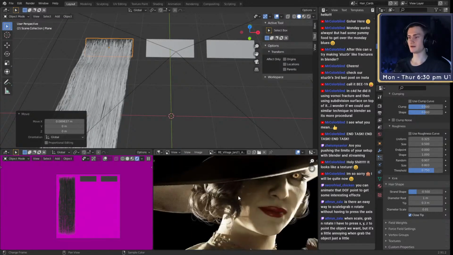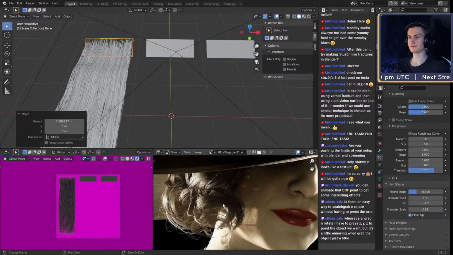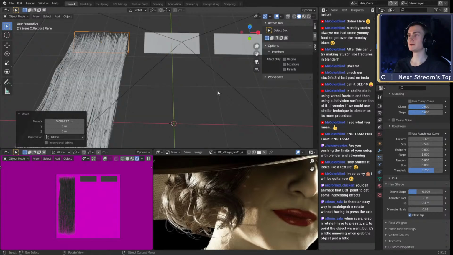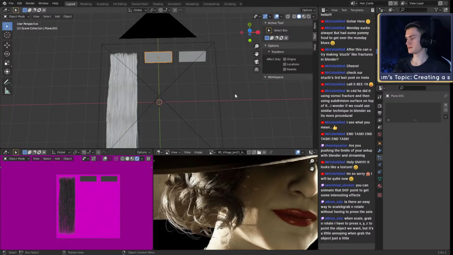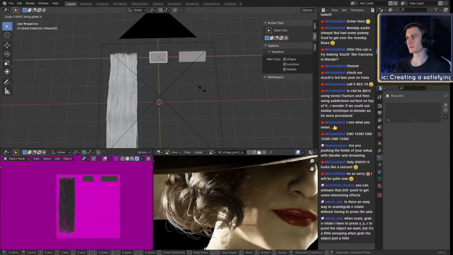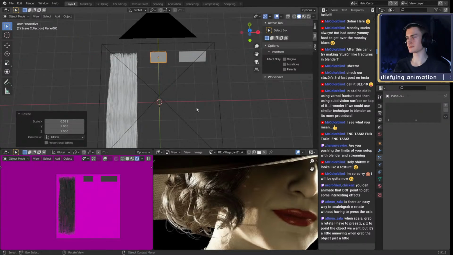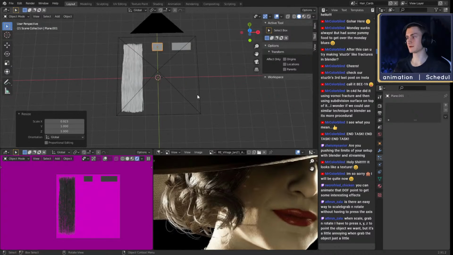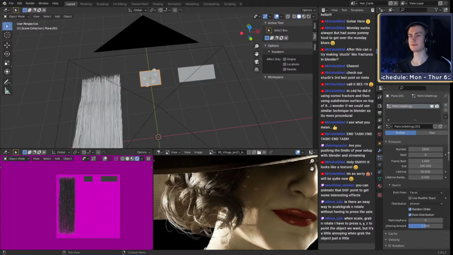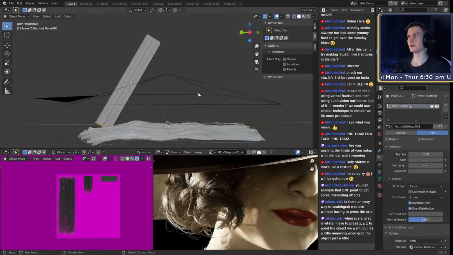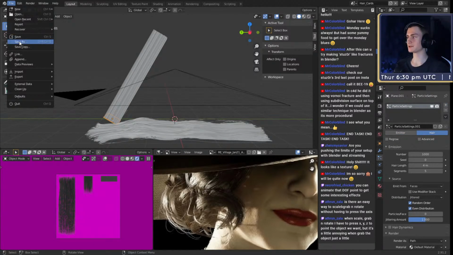Next up we have these smaller strands. That's what we're going to do now. These strands are usually a little bit thinner, as you can see right there, so we're going to make them thinner in here as well. Maybe something like that. Maybe a little bit less, like that. Okay. We make a new particle setting, set that to hair, and there we go. Let's save that before it crashes on us again.